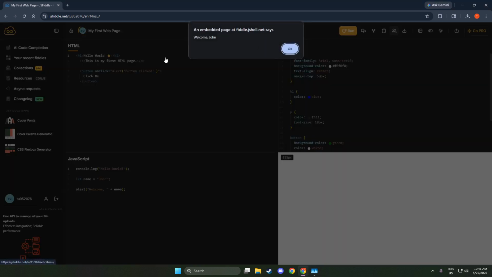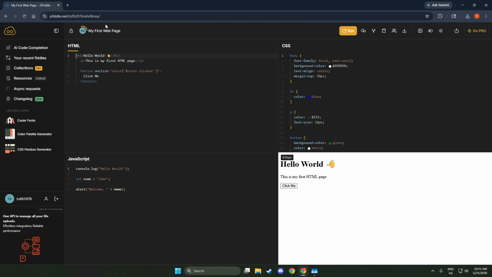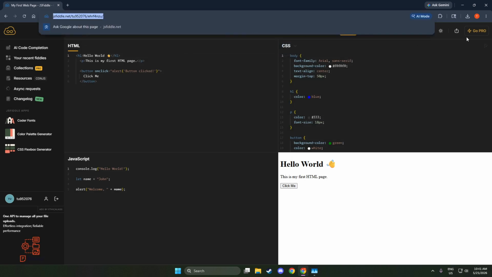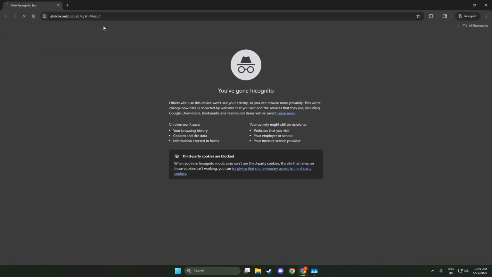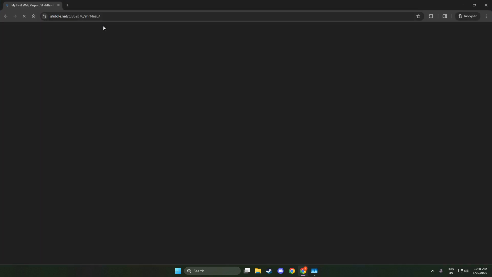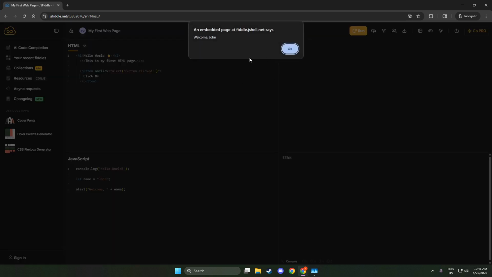After saving, JS-Fiddle generates a unique link for that exact version of your code. This means anyone who opens the link will see the precise state you just saved. It's a reliable way to avoid the "works on my machine" problem because you're both looking at the same snapshot.